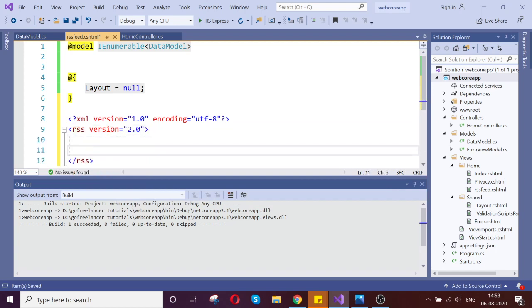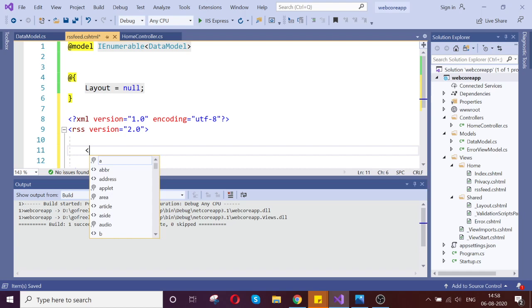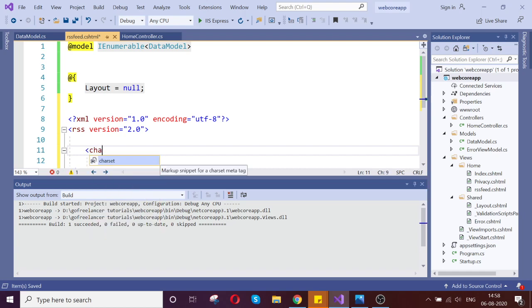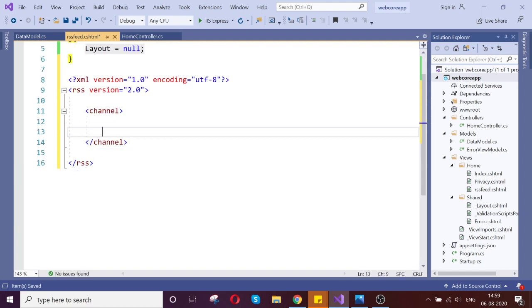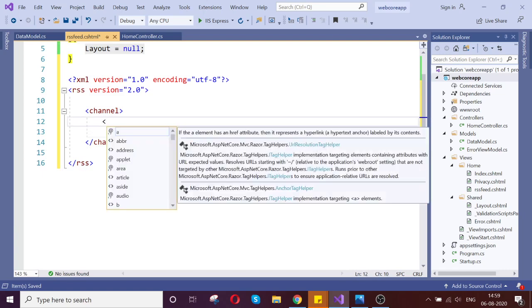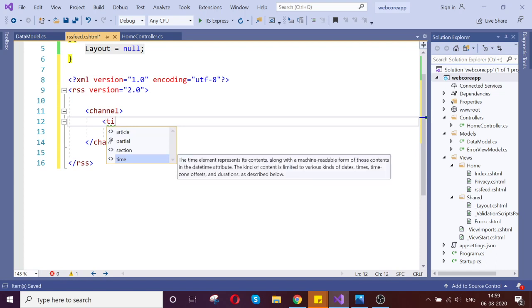Okay, so next part is we need to define the channel, then the title tag for the RSS feed.